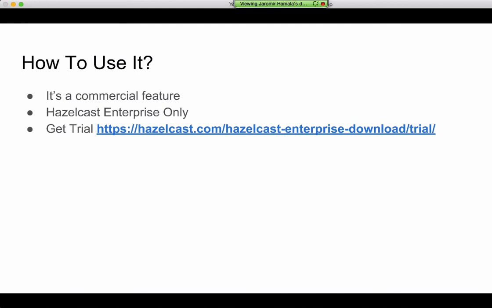So how can you use it? The important bit here is that it's a commercial feature. This is not part of the Hazelcast open source offering under the Apache 2 license. This is an enterprise-only feature. If you want to try it, you can go to this URL and download the trial version and really have a play. And please focus on the maximum or the worst case latency, the worst case pause time,